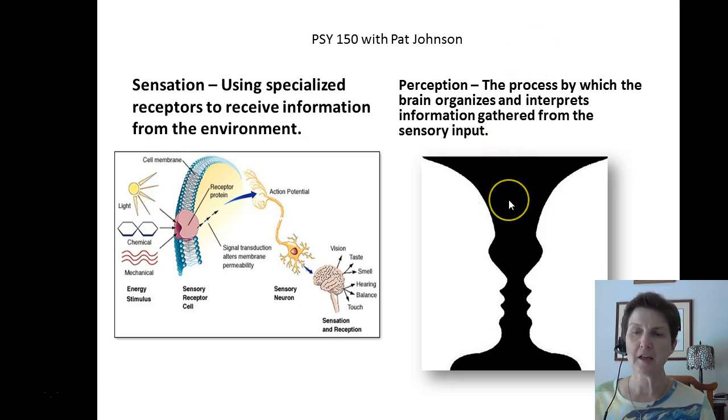So this is a very famous illusion where some people immediately see two faces if they focus on the white, where this would be the forehead and this would be the eyes, the nose, the lips, the chin, and the neck. And the same on this side. Other people focus on the black and they see a vase or a goblet, and the white just fades into the background. So whether you see a face or a goblet immediately is showing the process of perception, how your brain is organizing and interpreting this information.